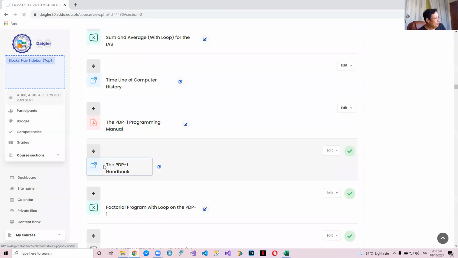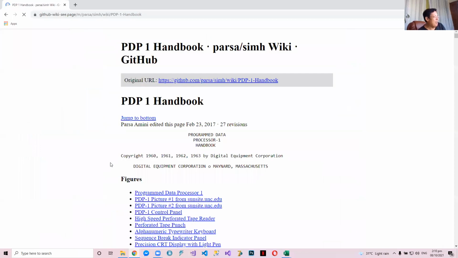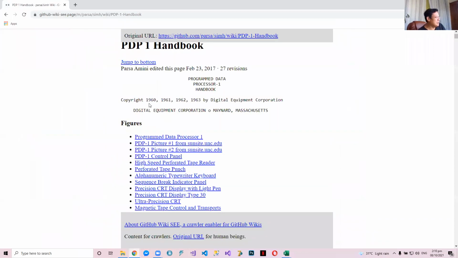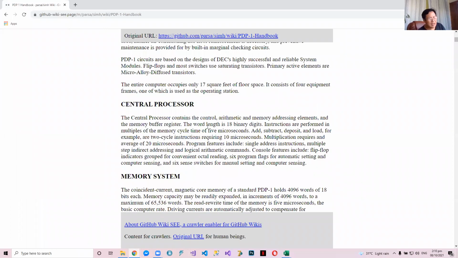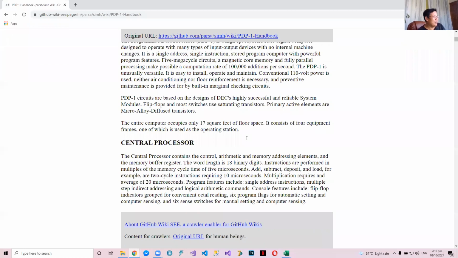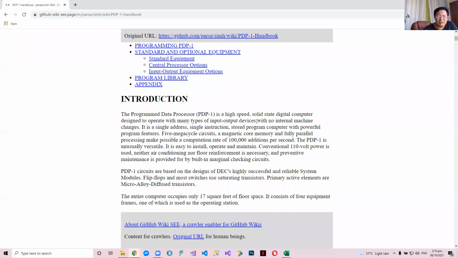Okay. What's unique of PDP-1? Okay, 1960 ito. Well, it's a smaller machine. Do you follow? And the important feature of PDP-1, we will see later, is that the size of data and the size of instruction is the same. Remember that in the IAS, data is 40 bits and instruction is 20 bits. Do you follow? Data is 40 bits and instruction. So we will have a left and right instructions.